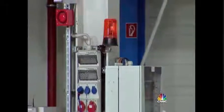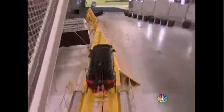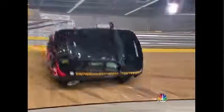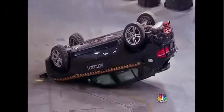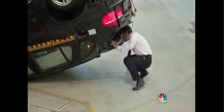Want to cover your eyes. BMW is about to destroy an $85,000 car. They do it with every model, so its engineers can assess the damage, make sure safety devices deploy correctly, and come up with fixes if they don't. All the measurement and analysis, all the destruction, is part of BMW's quest for the premium in premium cars, a